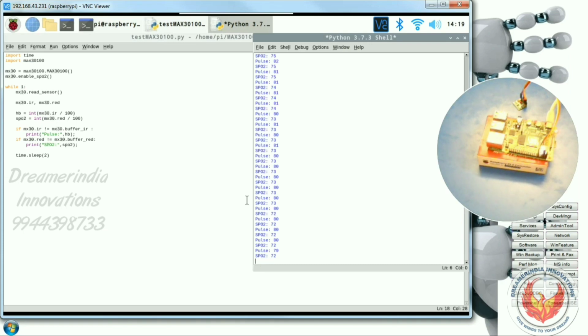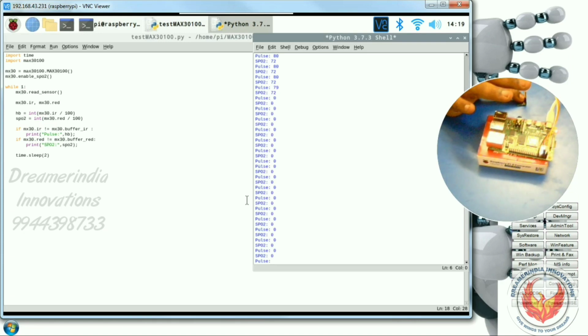This is the last stored buffer value. Whatever you are getting there is the last stored buffer value, and after some time it will become 0. This is how it will work. It will take some time to stabilize the value it is receiving. Now you can see it is 0. Again I'm going to keep my finger. It is processing right now. After processing it will give the actual data. Until it is processing, the values will be stored in the buffer.